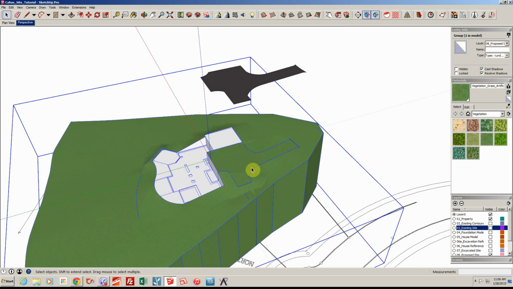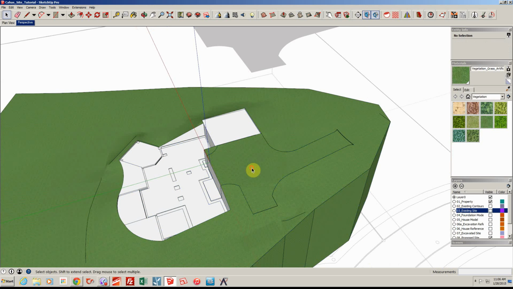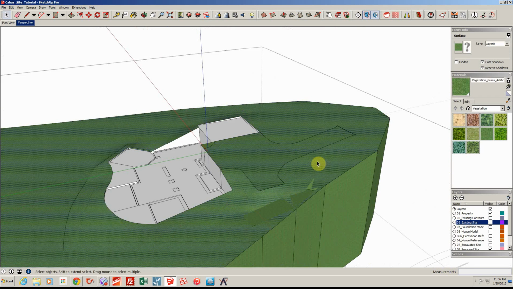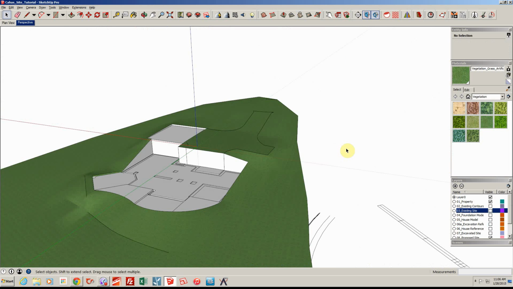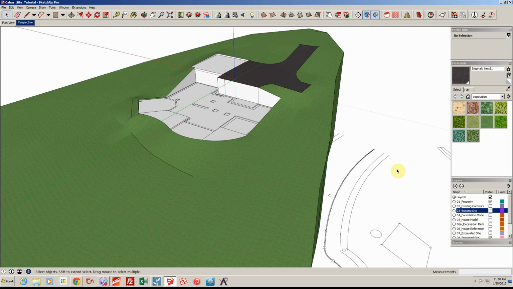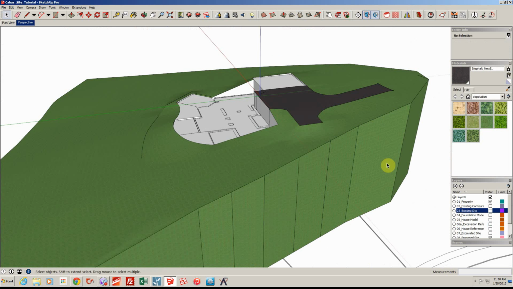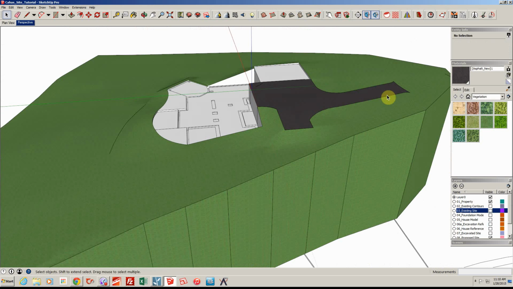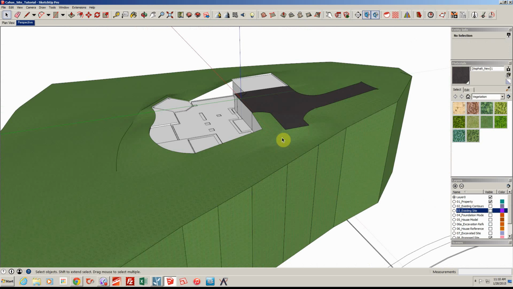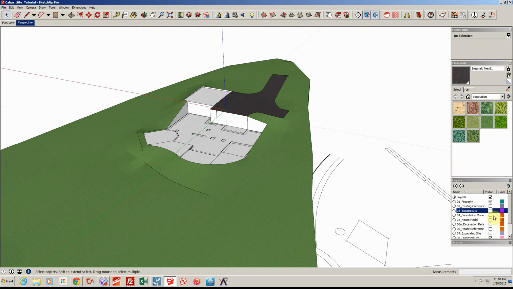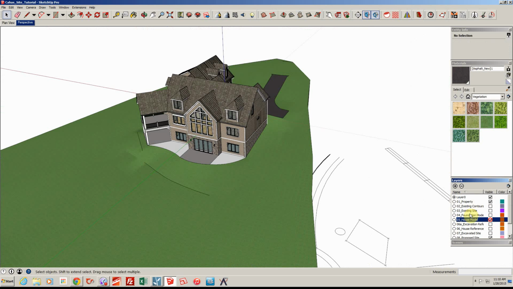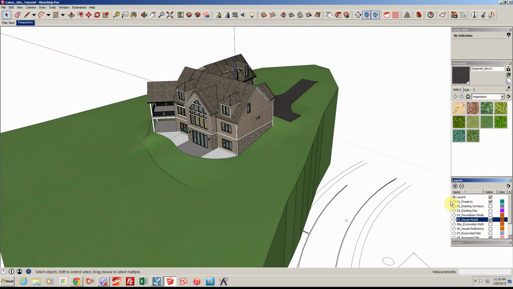So I'm going to edit this group. And it did not do that. It put a hole in there for some reason. Huh. Let's undo that. Alright, I had to do it the old-fashioned way, so I just painted all those pieces of hidden geometry back to being asphalt. Alright, so now I'm going to cut the house model on just so we can get a feel for this thing. So it's looking pretty good